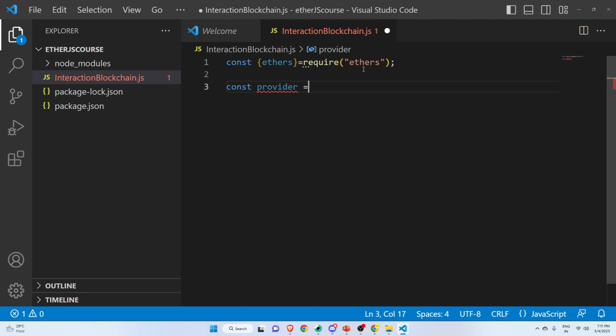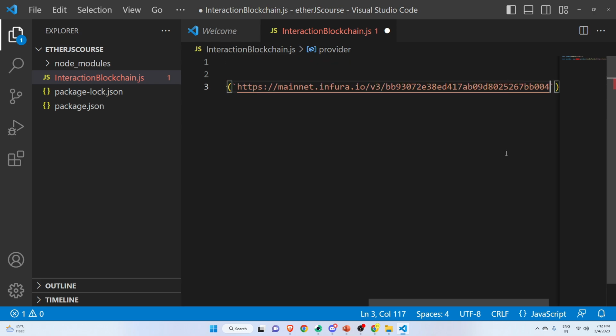So we are going to create this provider, and to create a provider we have to simply write new ethers.providers.JsonRpcProvider,